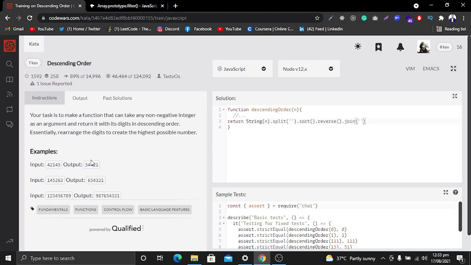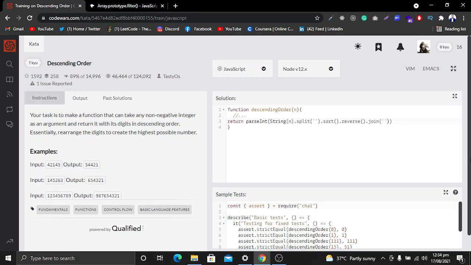Now we want to convert this from the string type into an integer or number type. For this we will use the parseInt method. I will use the parseInt method, and in the parentheses I will paste all of this code. The values that we are receiving have a type of string, but we want a type of number, so for this I will use the parseInt method.